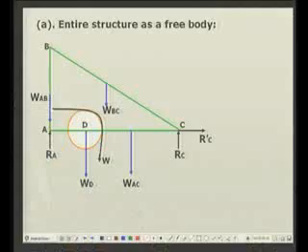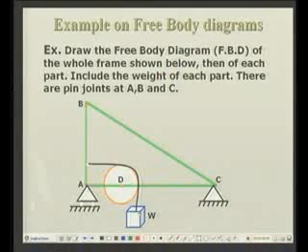First of all, we will consider the entire system as a free body, which is isolated from its supports. Supports were at A and C. If you recall, at A there was a roller support and at C there was a simple support. Roller support cannot sustain any horizontal reaction, whereas simple support can sustain both